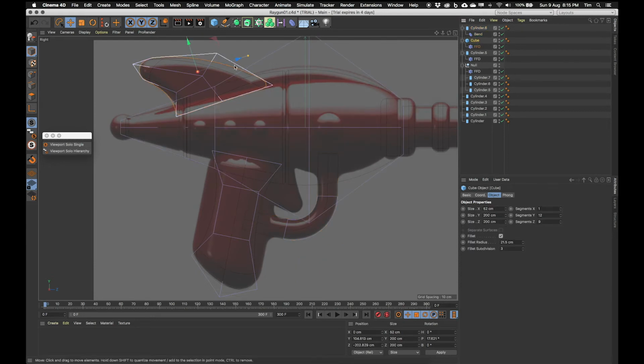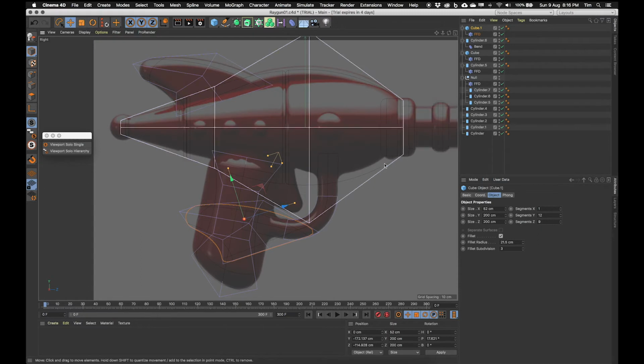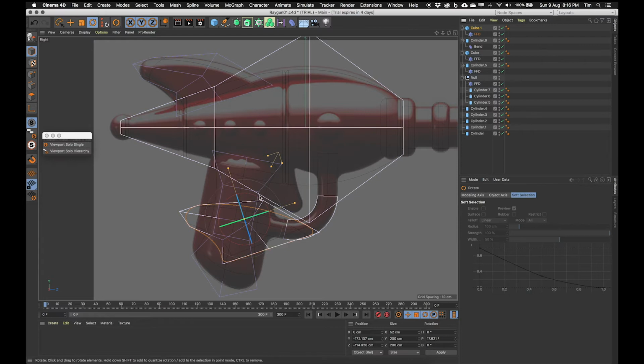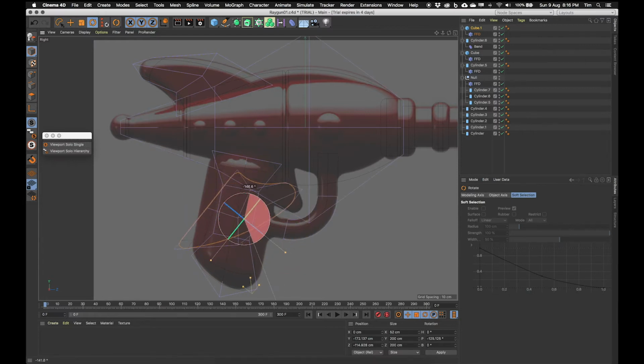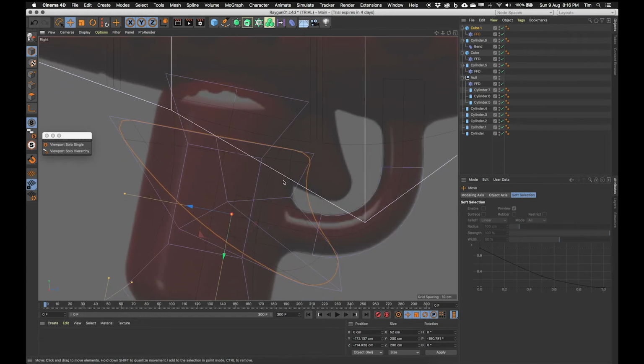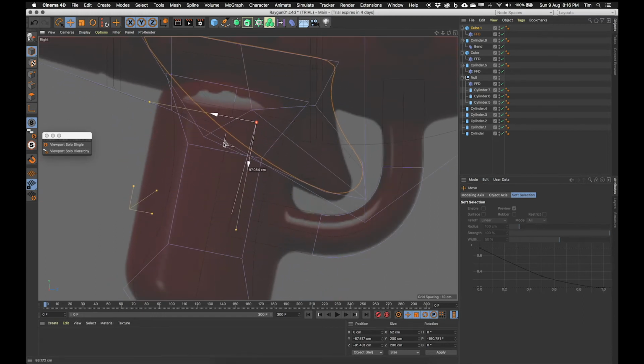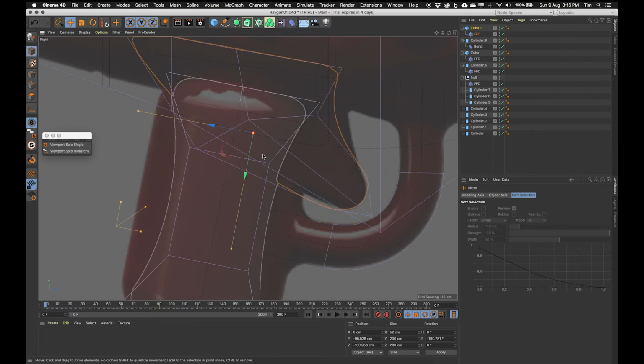So here's the cube that I used with its FFD. And what I'm going to do is command drag it, and I get another cube with an FFD, same as we command dragged the cylinders at the start. Now what I want to do is make sure I've got that cube selected. Let's rotate it around. And now we can see it's actually not too far off that shape that we had for the